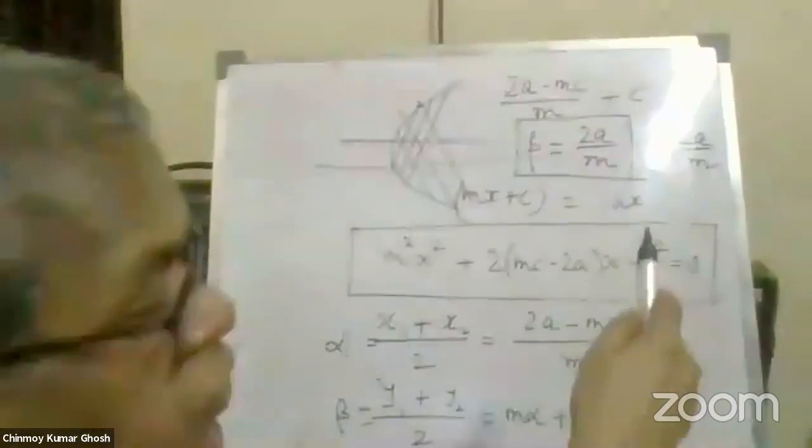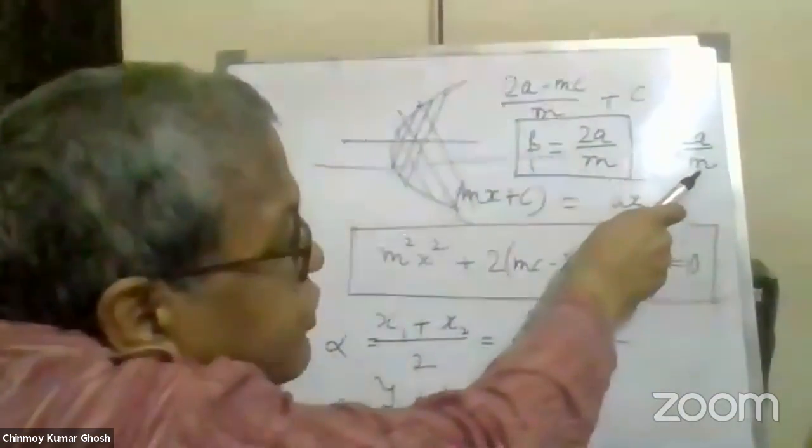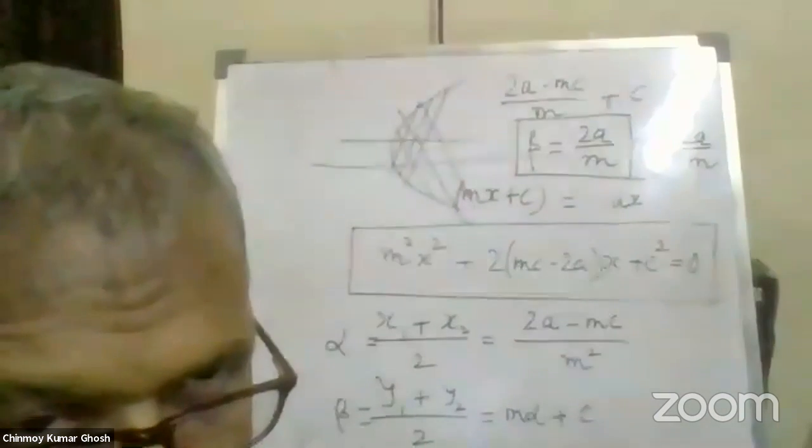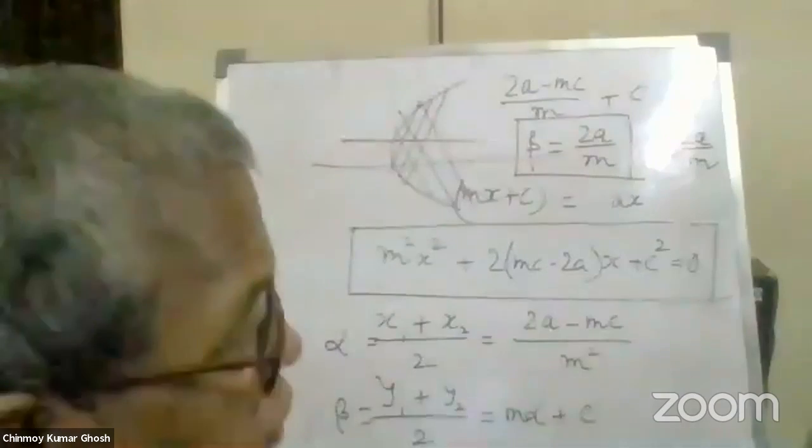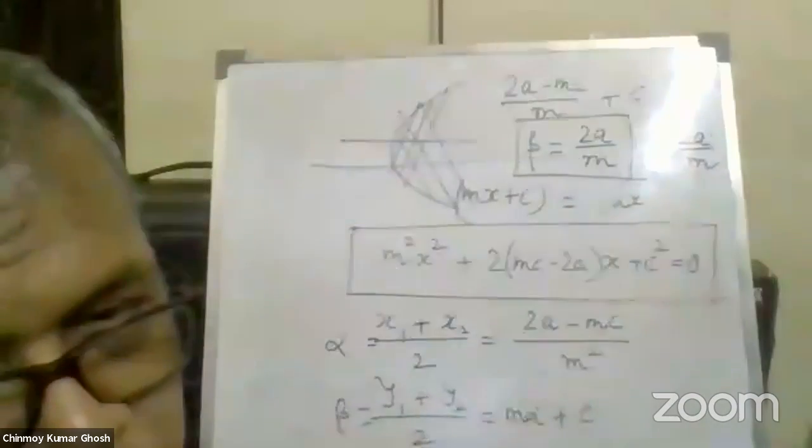Unless m is a constant. I mean, for a different set of chords. No, Professor Ghosh, for a given family of straight lines, m is constant. But if you consider another family of straight lines, the m is different. Yes, sir. For another family of straight lines, m will be another constant, right? Yes. So again, the locus will be a straight line, again parallel to the x-axis.